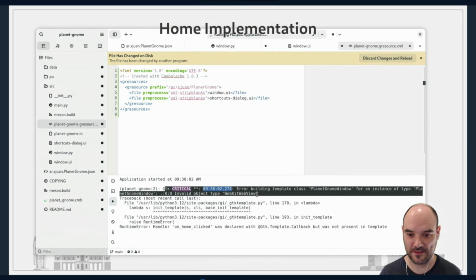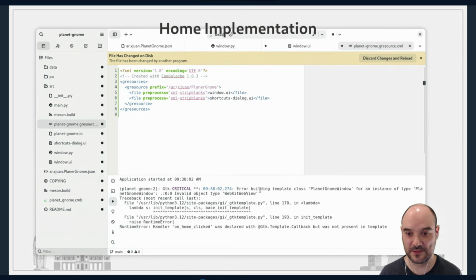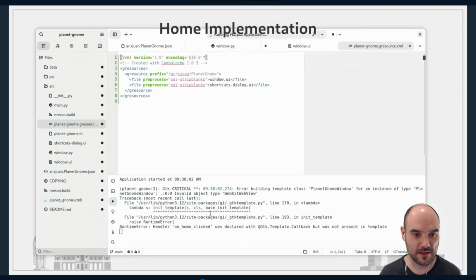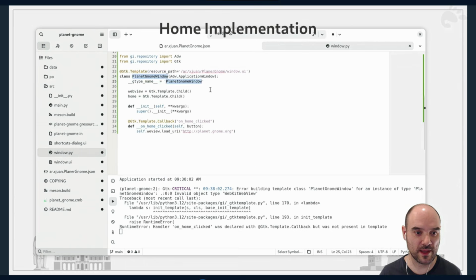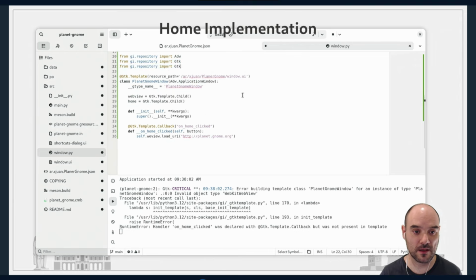Oh yeah, this is a... Oh, so thank you. Yes, that's also a good point. So we have window here. Obviously, I already added a web view to the UI, and GTK doesn't know how to create that. So we need to import WebKit here,